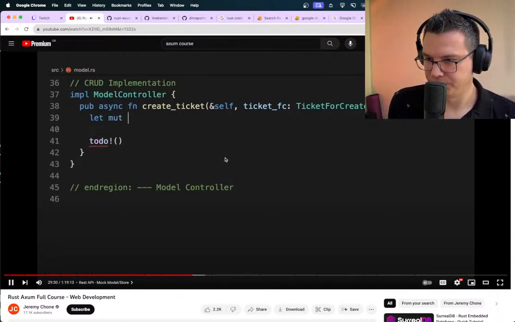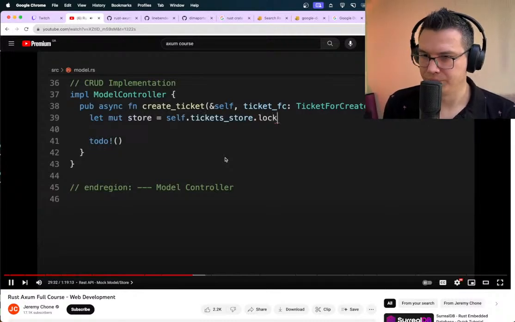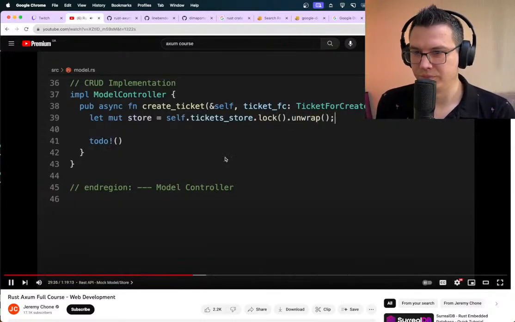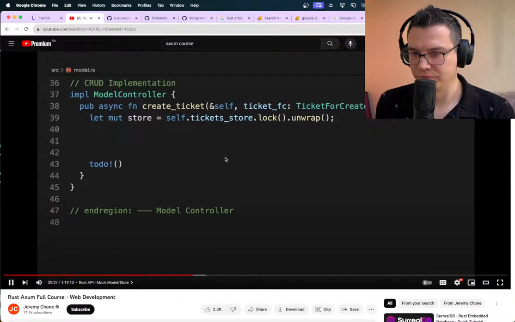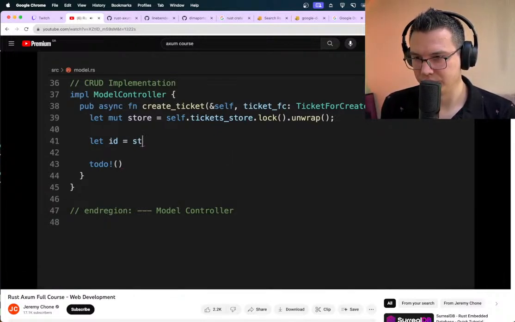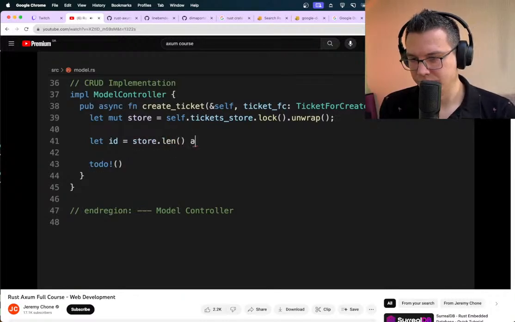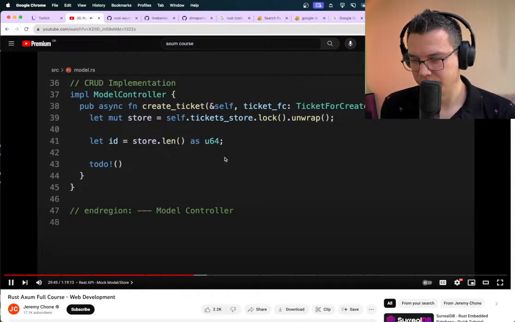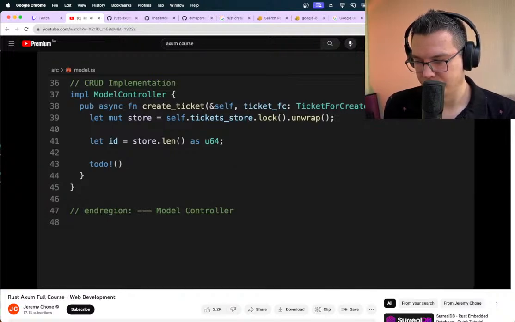As a mutable from our ticket store, we're going to lock and we're going to unwrap. So that is for the mutex. And now the ID, and that is where it's a little bit hacky, but it kind of works, will be the store and the length, which is basically the index plus one. And it works because again, Rust guarantees that we have exclusive access to